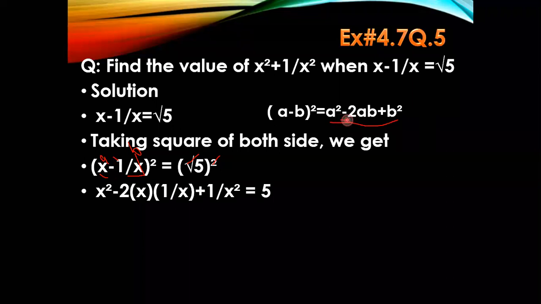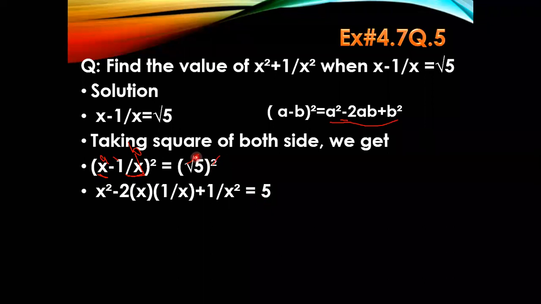Okay, in the formula, what do you have? Minus, so we will write minus, then this 2, then a multiplied by b. So what is a here? This x is a and b is 1 upon x, so we are going to multiply x by 1 upon x. Then the formula's plus sign and then your term b whole square, this 1 upon x. So 1 upon x we will square, so it will become 1 upon x square. Understand? And here what will be left, only 5, because this square has been cancelled with this square.